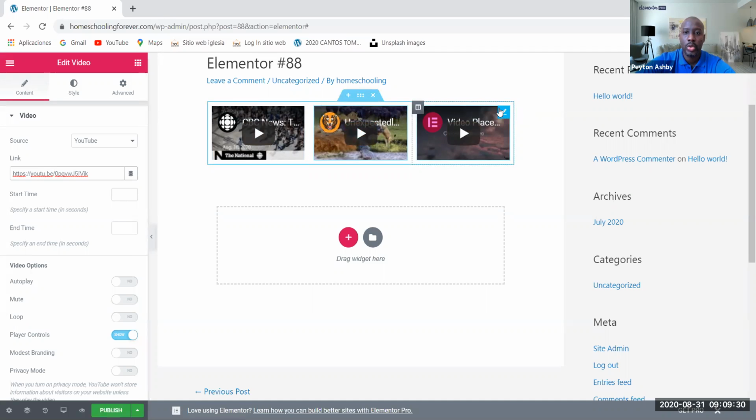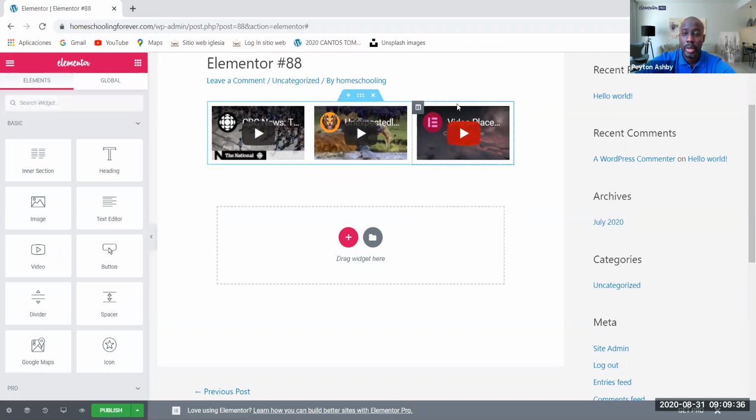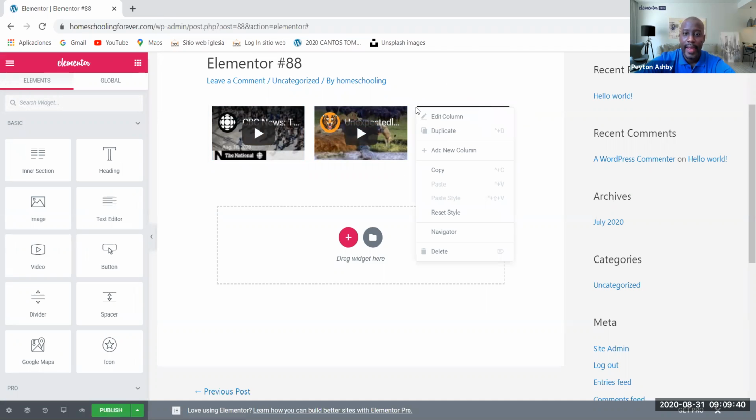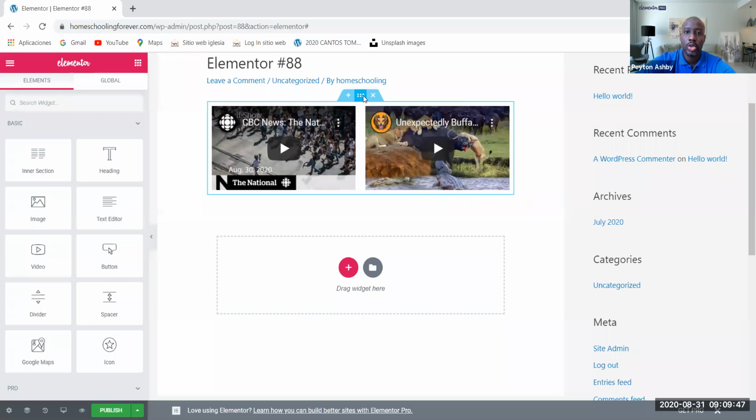And let's say I want to just eliminate this third one. So I'm just going to right click on this third element. I'm going to right click on it because I want to eliminate it. And I come to delete. So by deleting, it's just going to give me a section with 2 videos. All right. So that is one of the ways that I can add, let's say that I can add